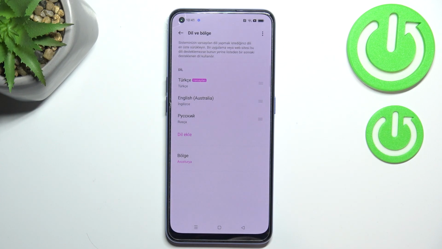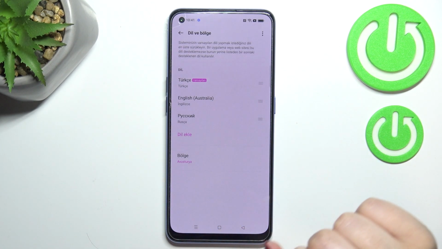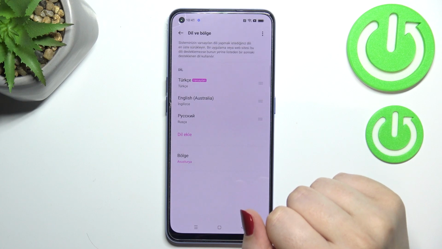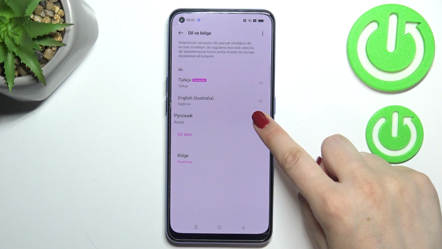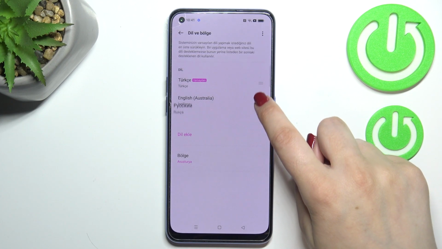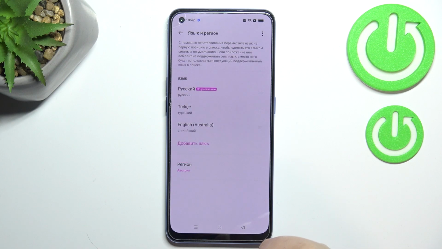If you've got a lot of languages added to this list, then you do not have to enter the list of them. For example, let's pretend that I want to change the language to Russian. So all we have to do is to simply tap on the language and hold it and drag it to the very first position. Here we have to confirm, and as you can see, from now on everything will be